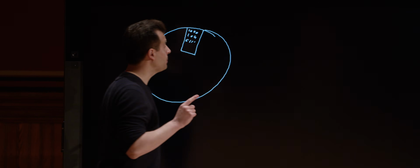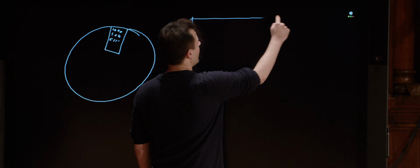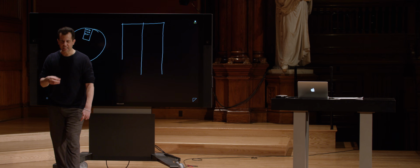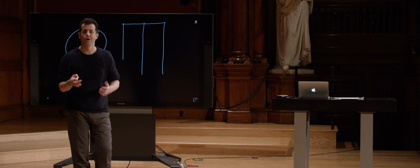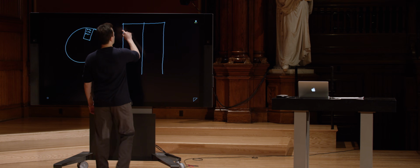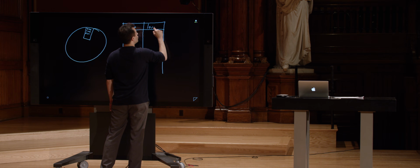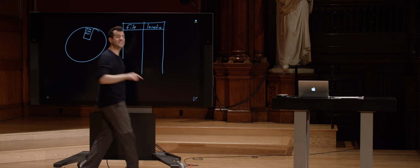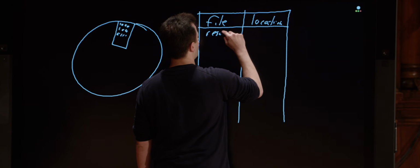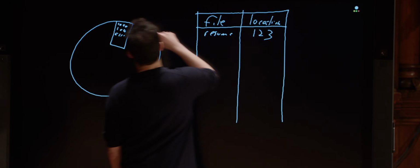Well, somehow your computer, specifically your operating system, needs to keep track of where these files are. And so an operating system typically has kind of the equivalent of a little cheat sheet or an Excel file that keeps track of where files are. So for instance, one column might be the name of the file, and another column might be its location. But location, in this sense, is the physical location on disk. So if I've stored, for instance, my resume somewhere, and that might be at location 123,